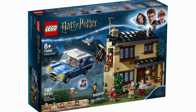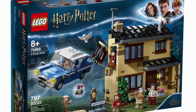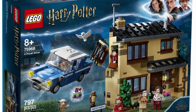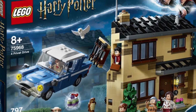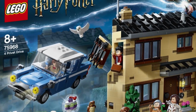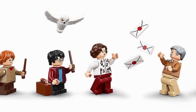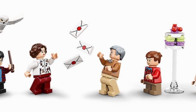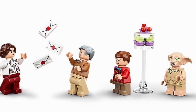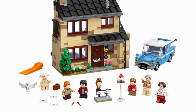Alright, at number 3 here we have the set for Four Philosophers Drive. This one is set number 75968, and it's going to include 797 pieces and 6 minifigures, and those minifigures are going to include Vernon Dursley, Petunia Dursley, Dudley Dursley, Ron Weasley, Harry Potter, and Dobby as well. And this set is going to retail in the US for $69.99, and then in Canada for